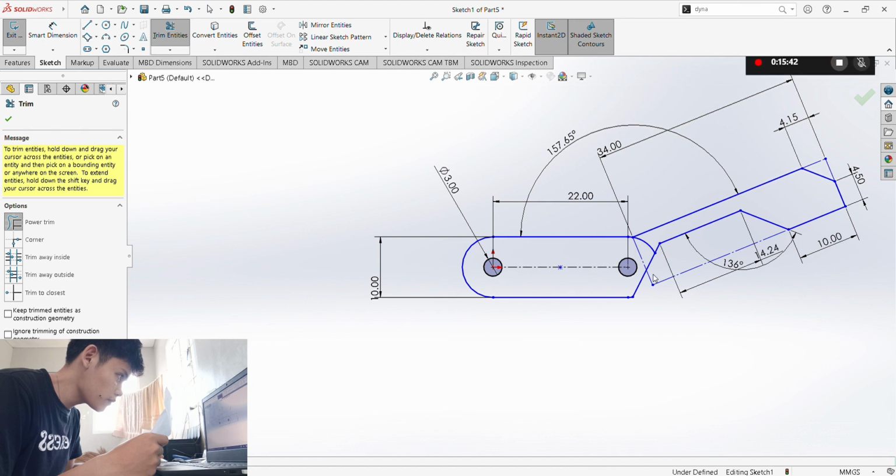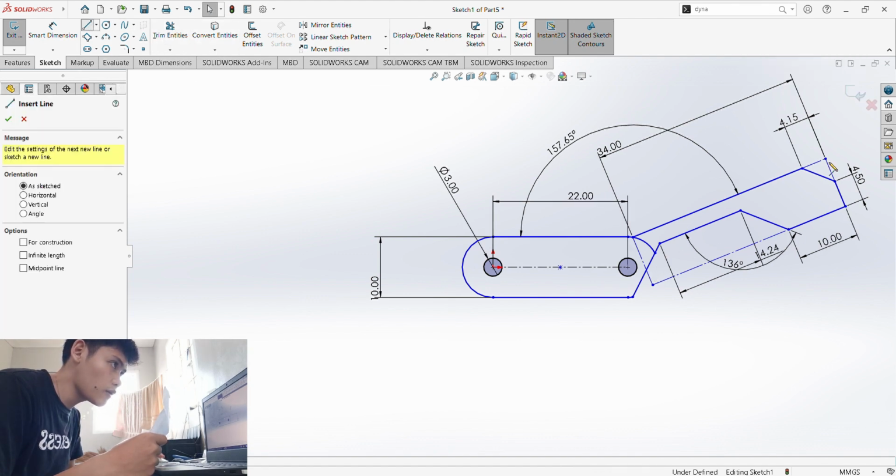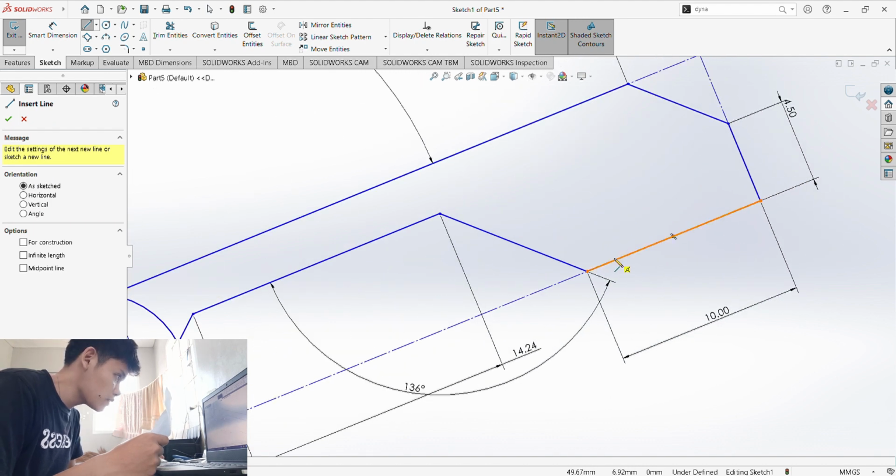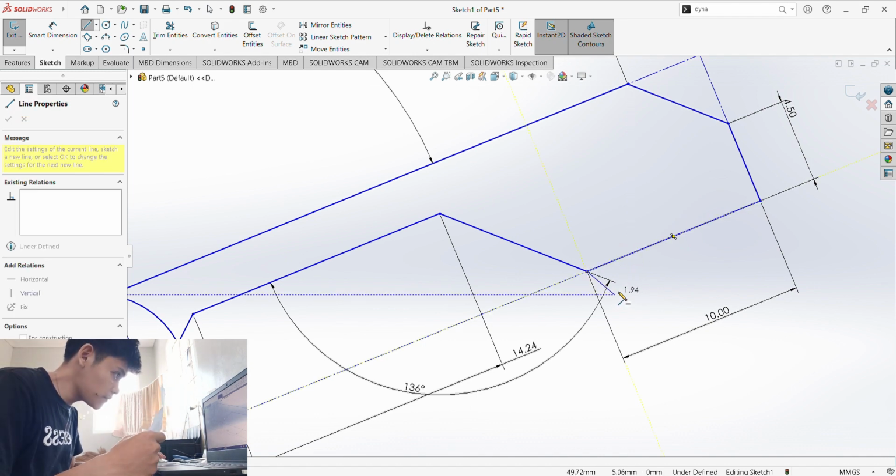Okay. Then next is we have to create this one, which is the tip. So for this one, we just have 0.63 for the length of the fangs.